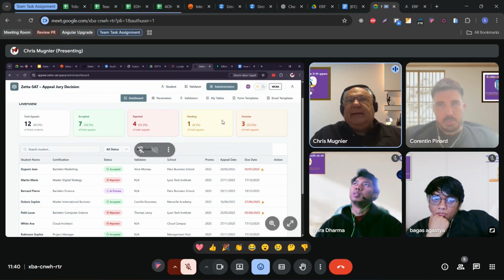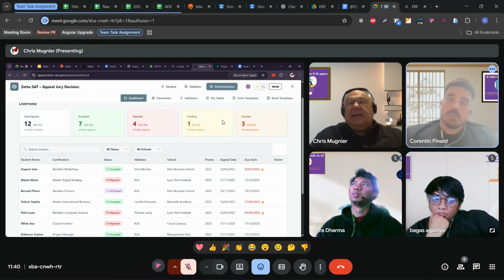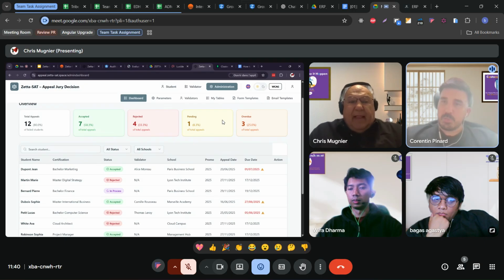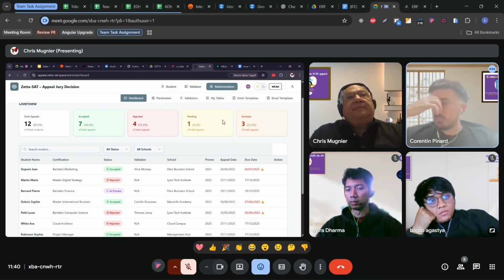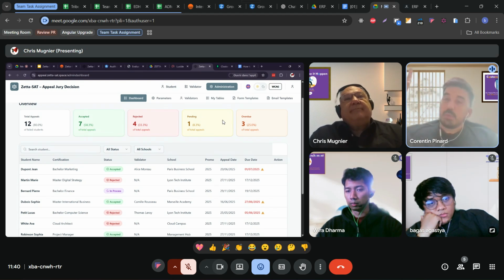Be careful on that part, because the user management will change on the Zeta v3, because the user management that we have currently on ADMTC and on EDH is not good at all. On ADMTC, you have to disconnect and reconnect every time you want to switch user type, which is not good. And on EDH, we merge them all together, so you don't have to disconnect and reconnect, but we still have a hierarchy,